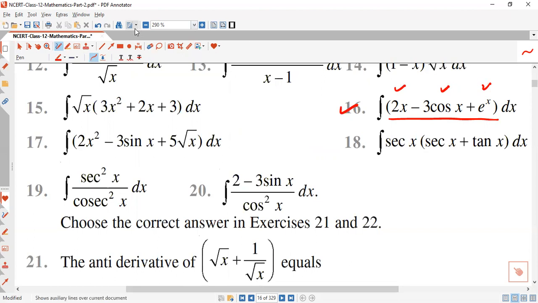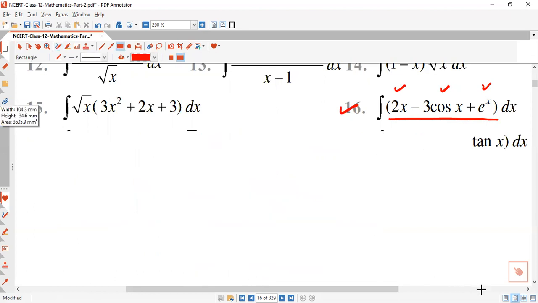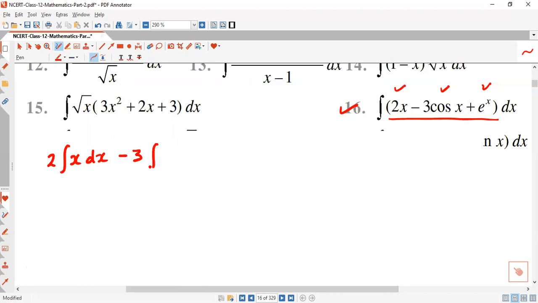So separate all the three terms, and then we start solving the question. First, separate the terms. The first term will be 2 times integration x dx, minus 3, taking the constant out, cos x dx, plus integration e